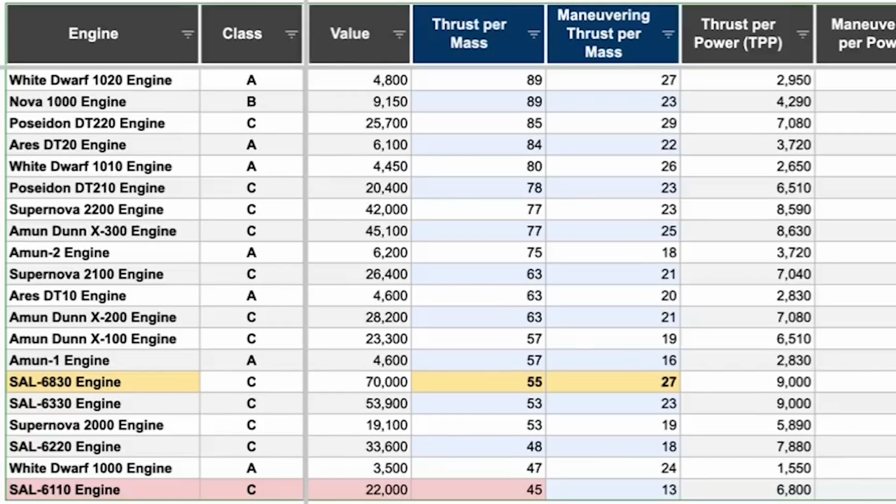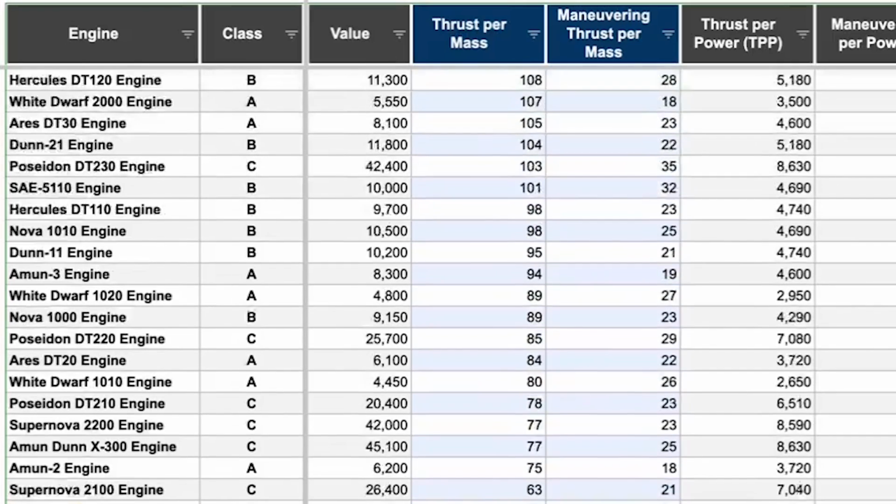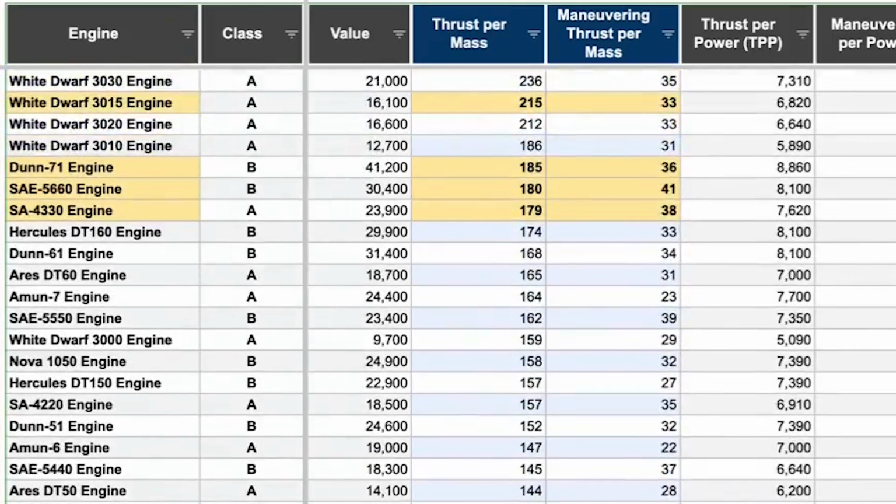So this engine actually is in the same family as the SAL-6830s, and we should point out this is actually bad news for the SAL-6830s, as their individual thrust to mass ratio is actually only 55, because they have such a high mass along with their high thrust. That puts them actually as the 6th worst engine for this statistic in the entire game. And for comparison, the White Dwarf 3015s have a thrust per mass ratio of 215, which is the 2nd highest